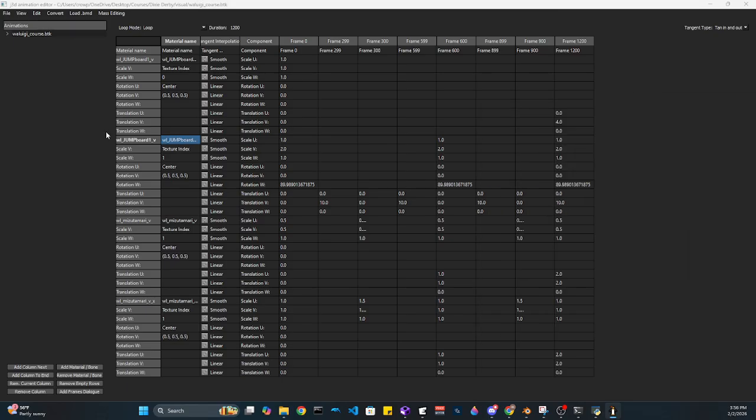So the second texture, it scales it double. And then I think it actually rotates it 90 degrees. So our rainbow gets rotated 90 degrees, it gets scaled up, and then